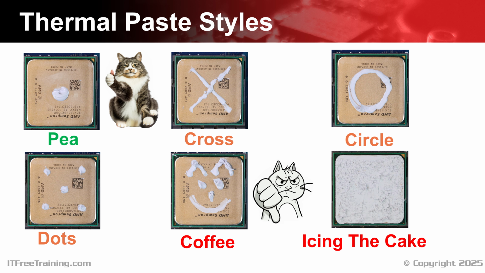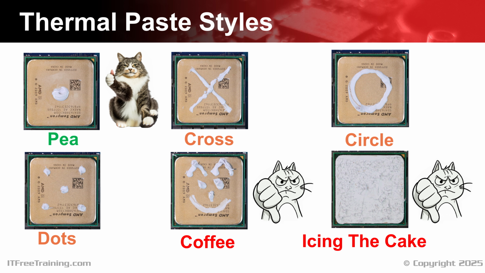The last method I call icing the cake. I don't recommend this method. The reason I don't recommend this method is that when you apply the CPU cooler, the thermal paste will spread out, and it's all too easy for extra thermal paste to leak over the side of the CPU. Some thermal paste does conduct electricity, so if it gets onto any of the electronics, it can cause malfunctions or damage. If it gets into the pins or socket of a CPU, it's very difficult to get out again. You don't want to replace a motherboard or CPU because the thermal paste got onto somewhere it should not have been.